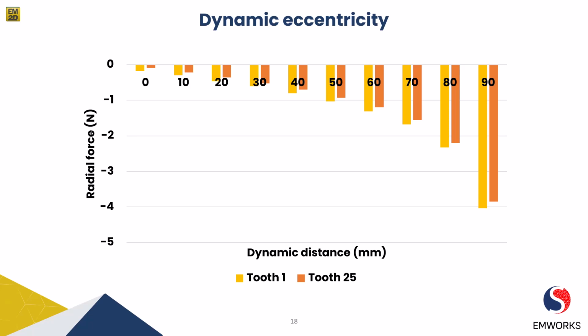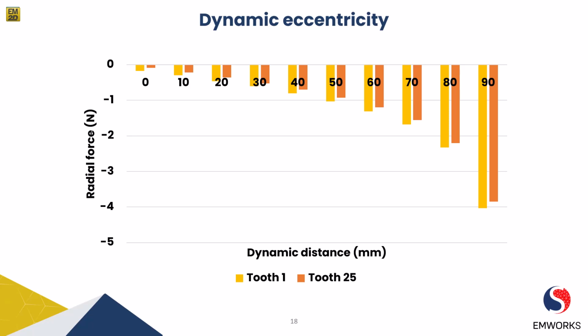During each revolution of the rotor, the maximum radial force acting on the stator teeth occurs when the eccentricity aligns with a particular stator tooth. At this point, the air gap is minimized, resulting in a stronger magnetic field and higher magnetic forces on the specific